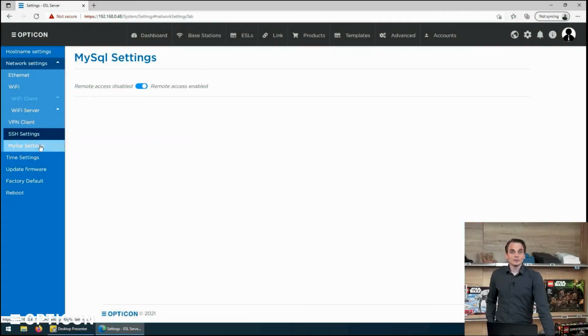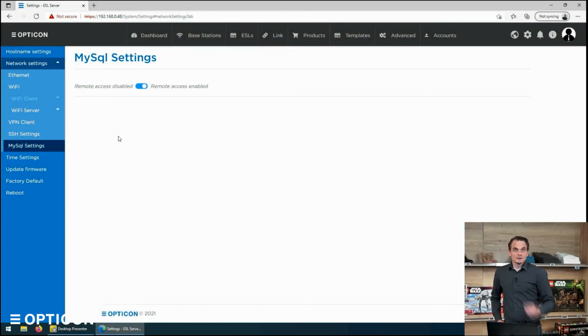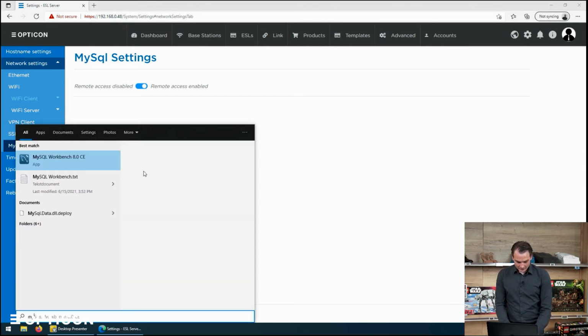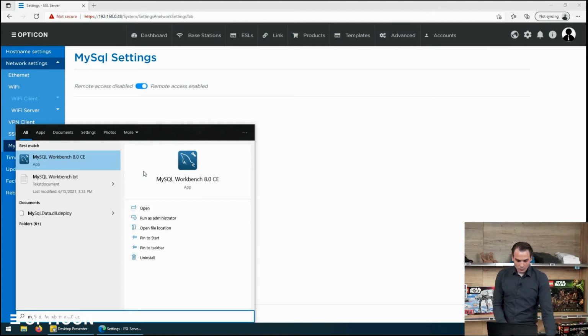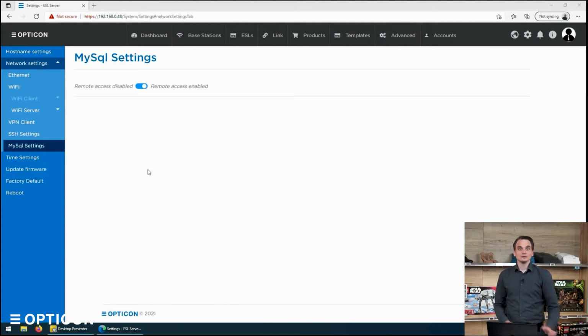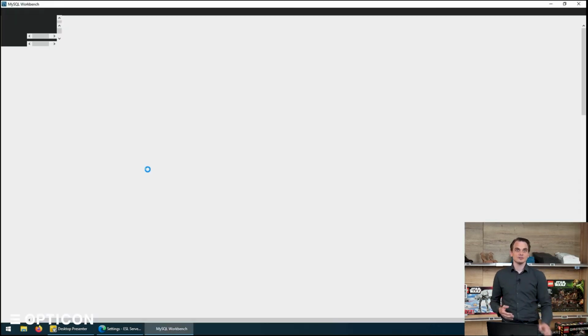In the very first tutorial, I said that the products database already runs a sample database on a local MySQL database. Well, that one is accessible as well. Right here, it says that the remote access is enabled. You can also disable it, of course, if you don't want it. And the upside of it is that if you have a tool like the MySQL Workbench, and you want to edit the database through an editor tool like the MySQL Workbench, you can connect to the EBS-50 by saying, yeah,